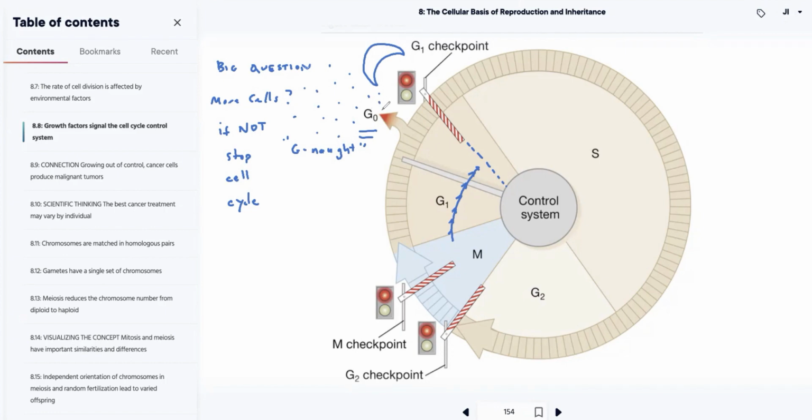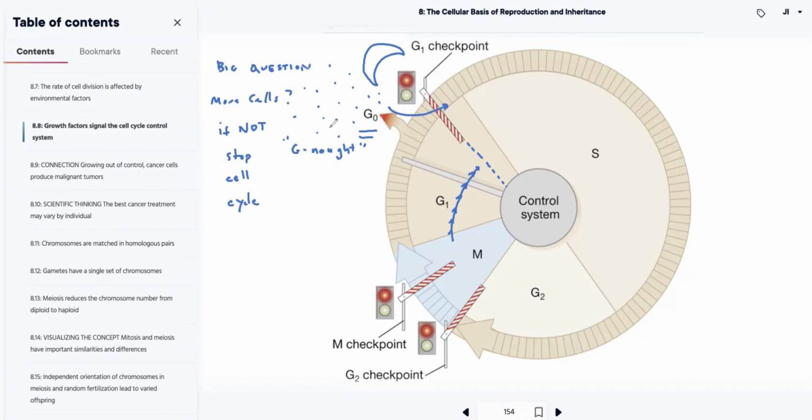Sometimes we can take the cell out of the G0 phase and put them back into circulation, if we need to have more cells because maybe there was some type of lesion, right? Your skin normally doesn't need to continue to grow, at least parts not on the outside. If you were to cut yourself, you would have to fill in the gap with new tissue, and that's going to require more cells.